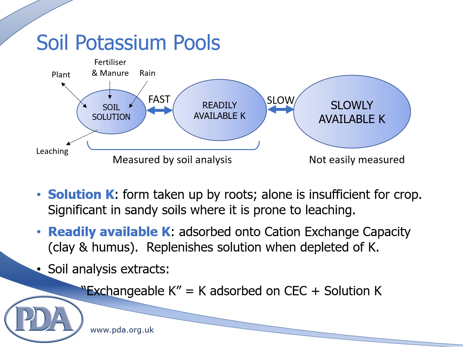The potassium may be held weakly or strongly according to the position in the clay lattice. Potassium that is loosely held, the readily available K, is rapidly released for plant uptake, whilst the more firmly bonded reserve, the less readily available K, is released more slowly. Plant roots take up potassium as the cation K+ from soil solution, and it is this plus the readily available K which is measured by soil analysis as being potentially available to the crop. Together, these pools can be described as the exchangeable K.